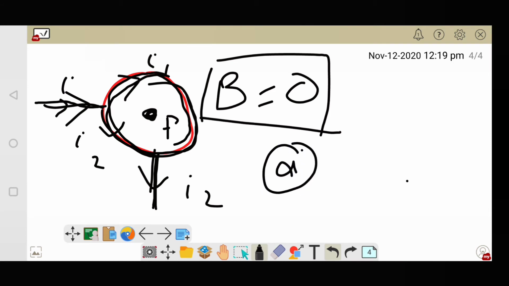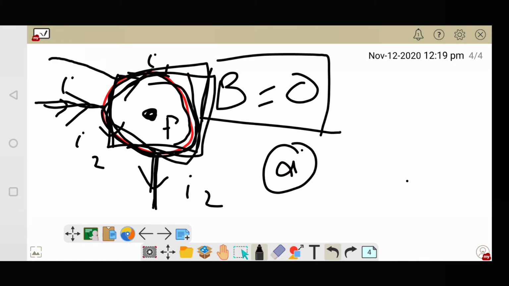I have also explained this in a video. I will give you the link in the description for the detailed discussion. You can have a look in depth. This may be of a triangular shape or a square shape. But if current is entering at one part, suppose it is a square, and leaving at some other part, the magnetic field at the center will always be 0.